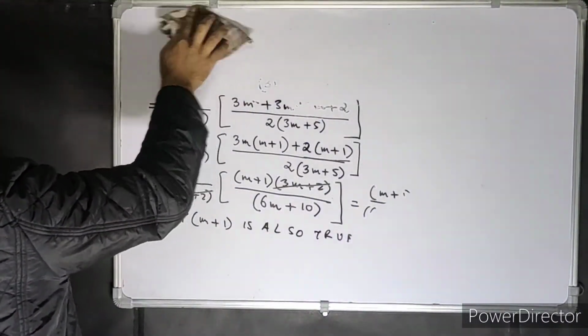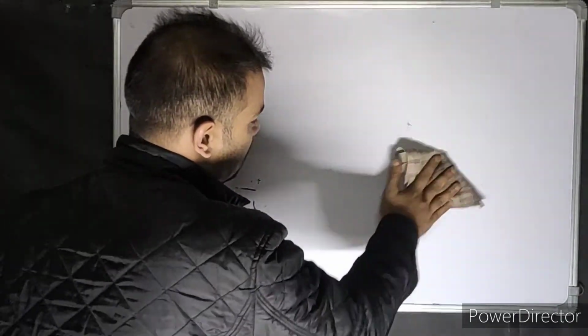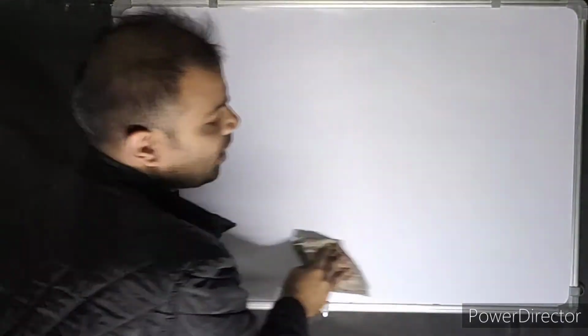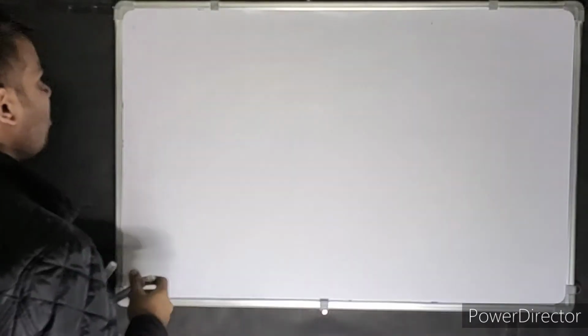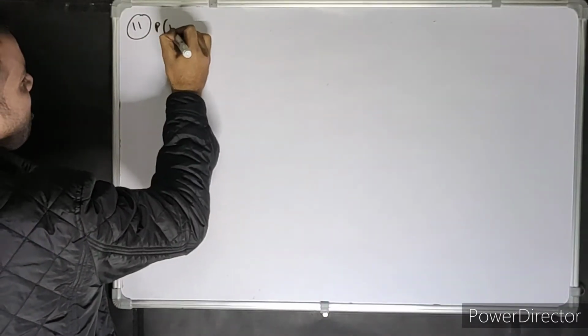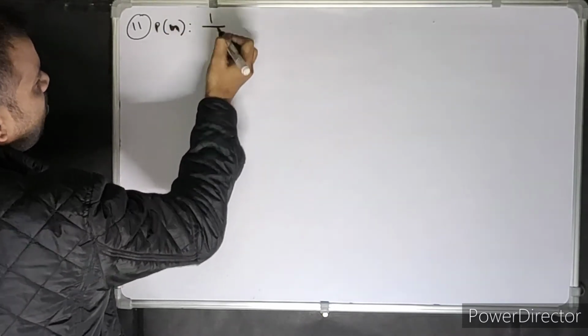Okay, so let's continue. The next question is question number 11. Students of class 11, R.S. Aggarwal, this is question number 11, a similar type of question. Question number 11 is given as P of n, okay, P of n is 1 by